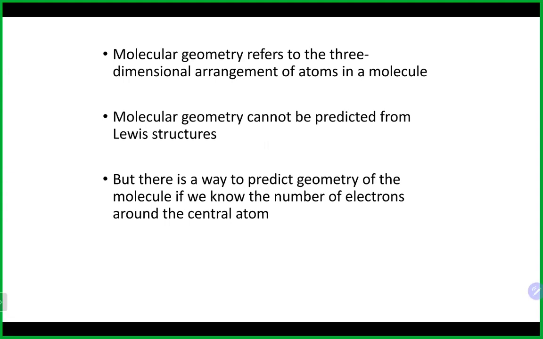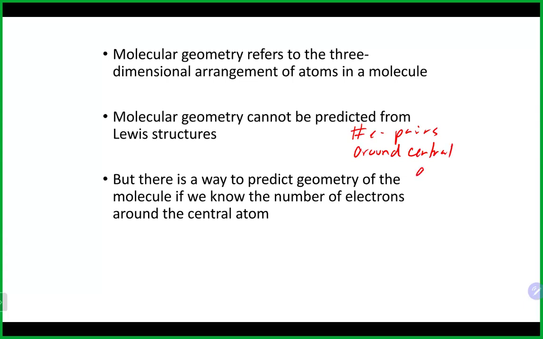We cannot necessarily predict it from the Lewis structure, but there are two important pieces of information that we can get from the Lewis structure, and those two pieces of information are the number of electron pairs around the central atom